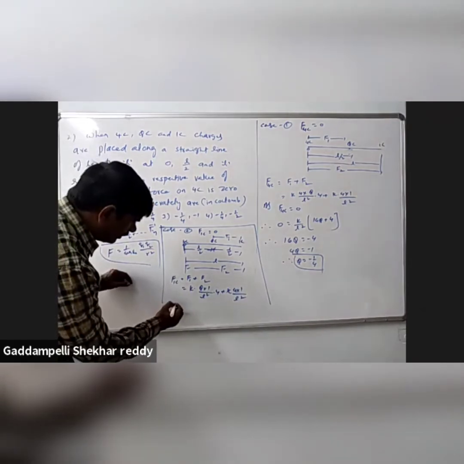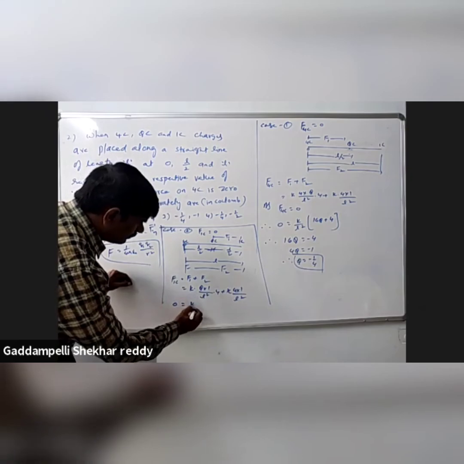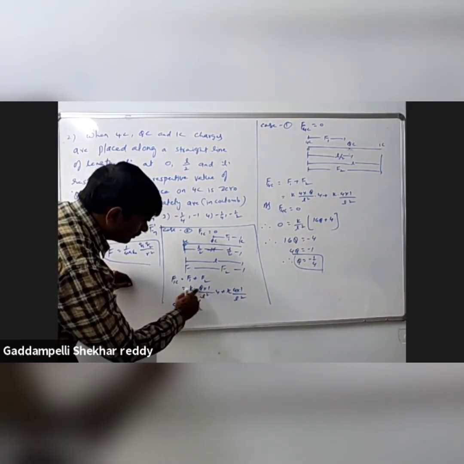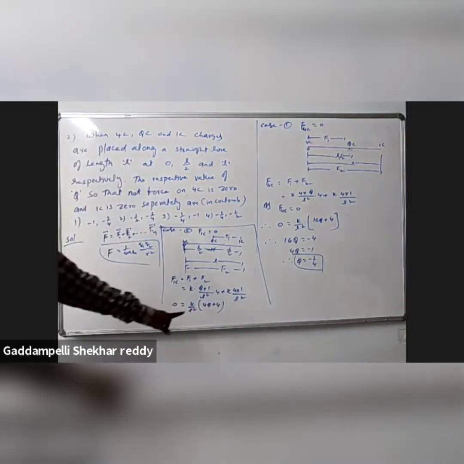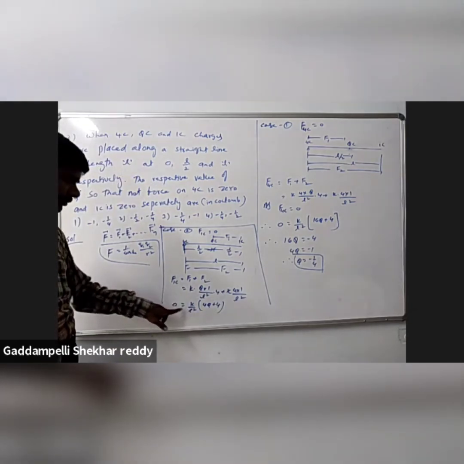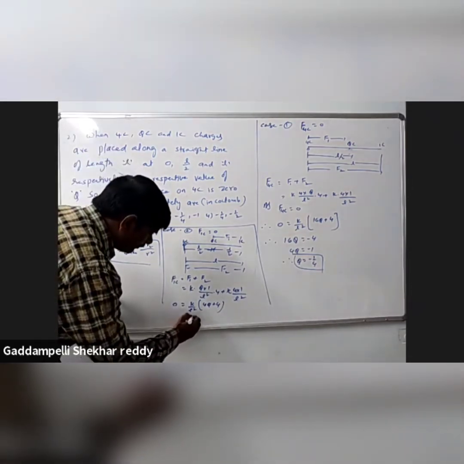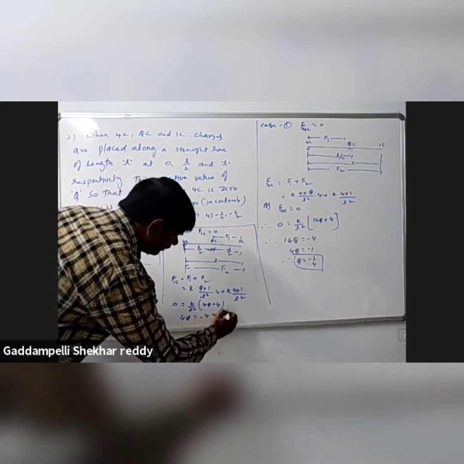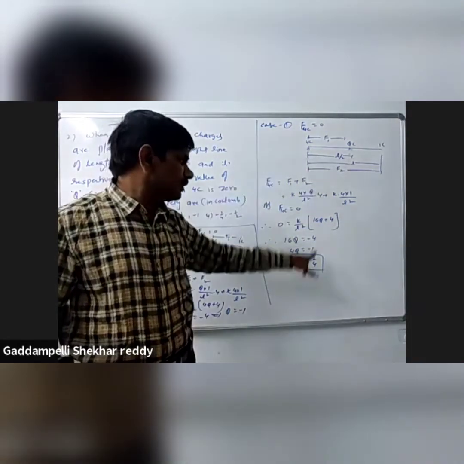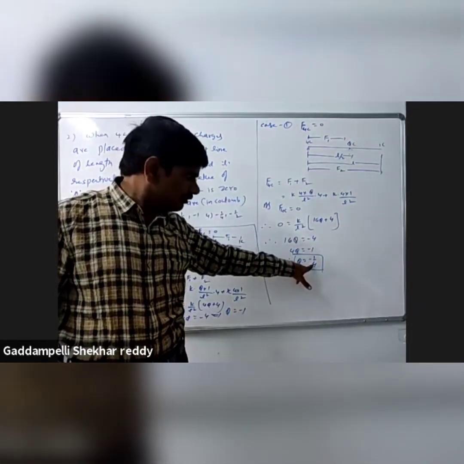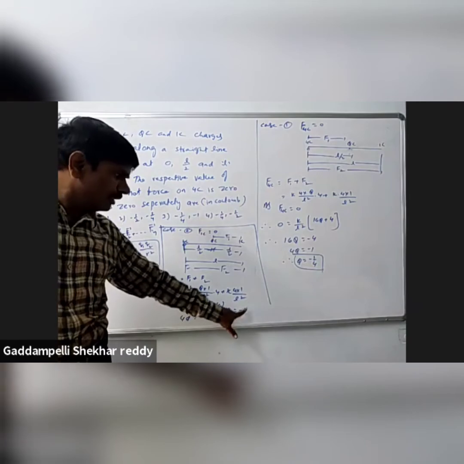The net force is 0. That means 0 is equal to K by L square common. Remaining, how much? 4 into Q, 4 Q plus 4. K by L square transferred here is multiplying 0, and 0 into something is 0. Remaining value: 4 Q is equal to minus 4. That means Q is equal to minus 1. So net force on the 1 coulomb charge is 0, and the Q value we get is minus 1.